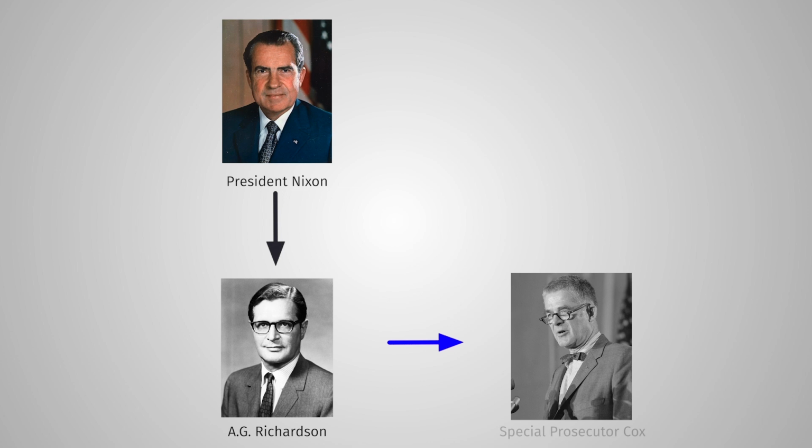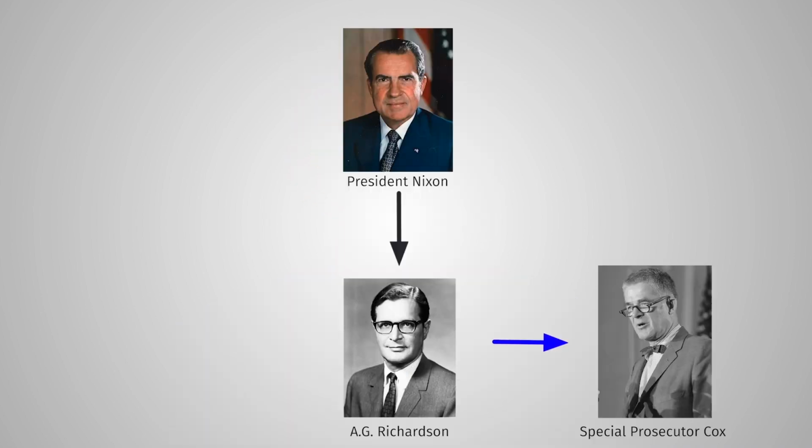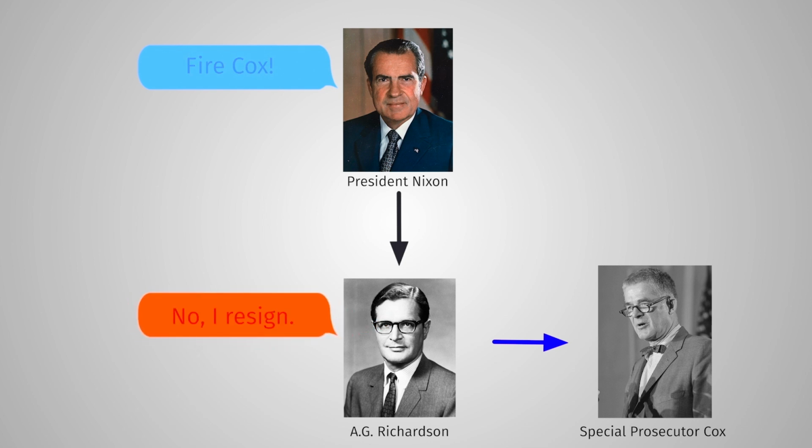In 1973, President Nixon had appointed Elliot Richardson as his Attorney General. In response to pressure from Congress, Richardson appointed Archibald Cox as a special prosecutor to investigate the Watergate incident. Mr. Cox issued a subpoena to the White House for the secret recordings made in the Oval Office. Under the regulations in effect at the time, Nixon could not fire the special prosecutor himself. Only the Attorney General could. On the evening of Saturday, October 20th, 1973, Nixon ordered Richardson to dismiss Cox. Richardson refused to fire Cox and resigned in protest.